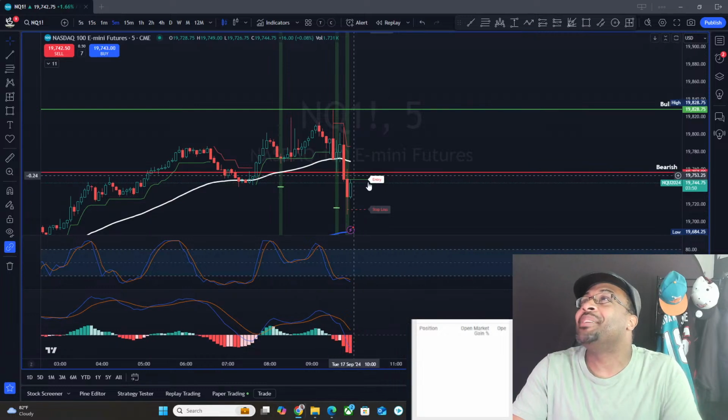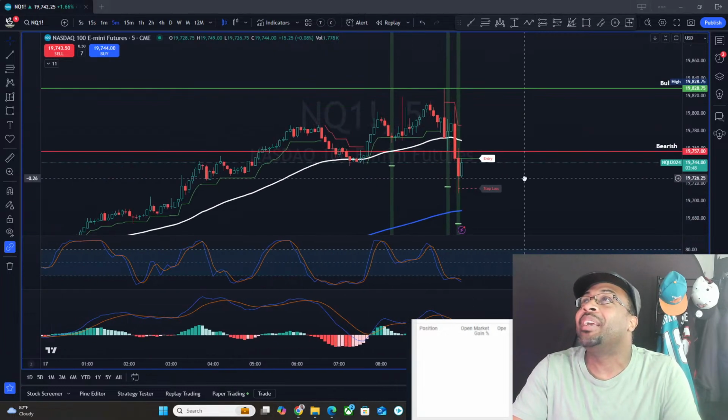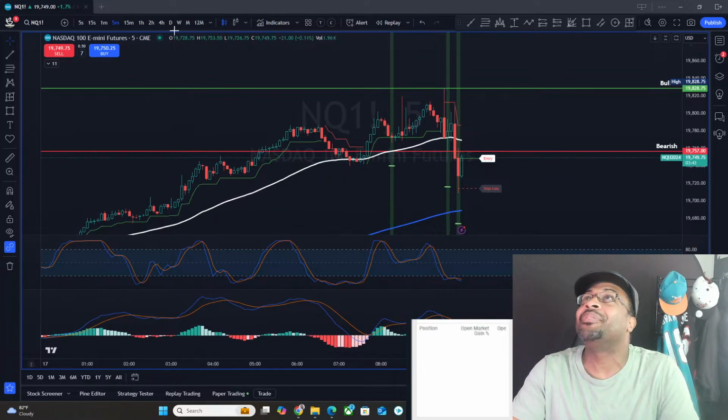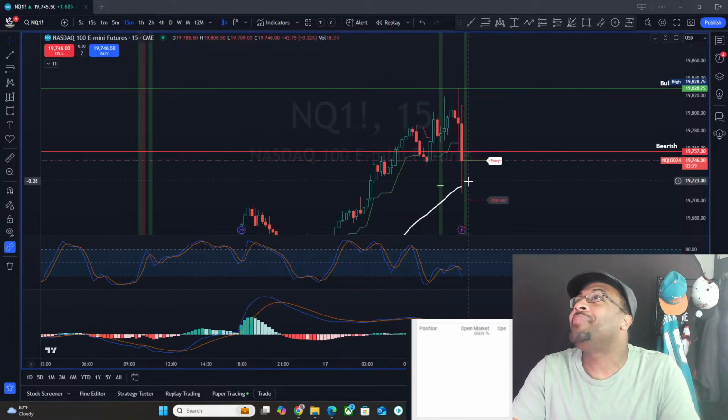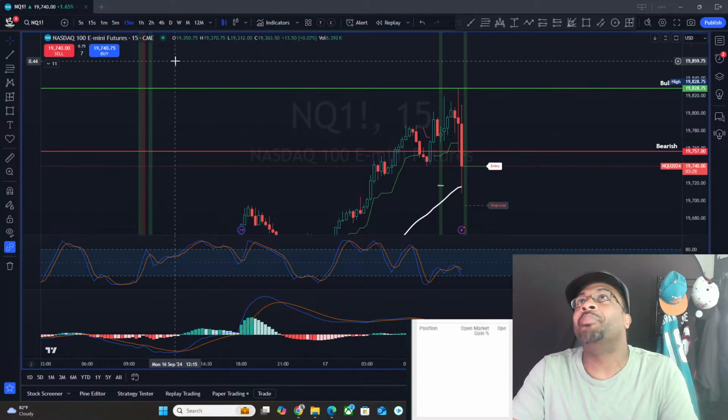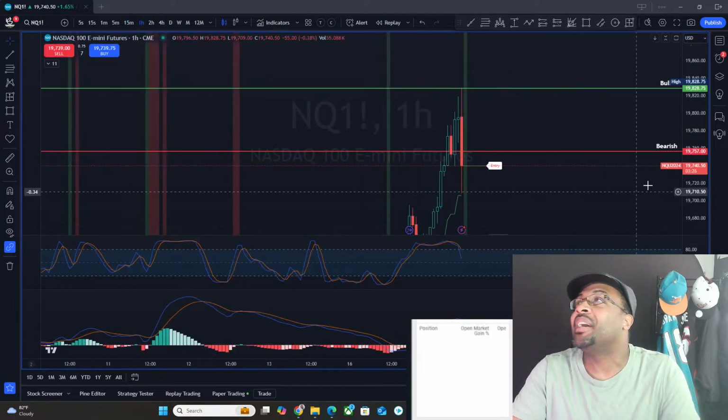And you could see with this 5 minute, that was a nice little wick. I don't think we really hit an order block. Yeah, not really. We got to a fair value gap left on this 5 minute, 15 minute. Not even the whole thing. Here would have been probably the better spot for them to bounce it. So I won't be surprised if there's more downside. The Bears are just looking for them to push this thing up.